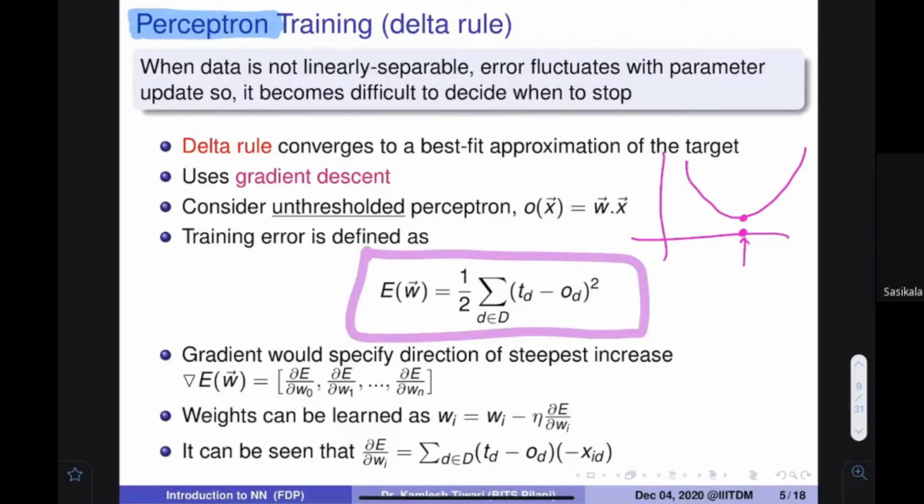How to find that point? Let's assume that you want this value, but you have this value. If you have this value, you find out the derivative. The derivative is negative. So if you take the negative of the derivative and add it to the weight, what would happen? The negative of a negative derivative means you are actually adding a positive quantity. So your value would become this, instead of this.